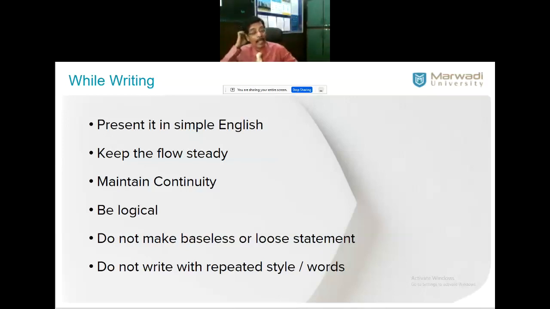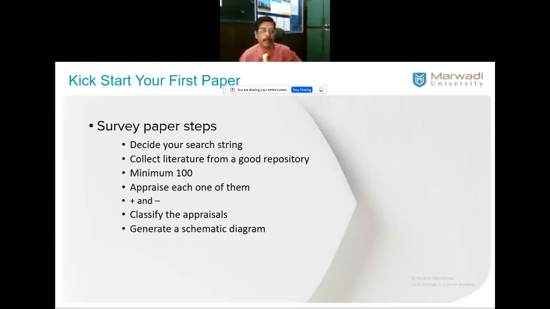And repeated style, this is one's own allergy. People have an automatic attraction to certain words. They use them again and again. We have to avoid that. In my presentation also, some words would have been repeated, right? So in writing, you can concentrate on that so that the same usage does not get repeated. Use alternate methods. So you use 'but', and then you use 'on the other hand'. There may be phrases or words with similar meanings, and perhaps you can use these. So this is what is to be followed while you are writing.